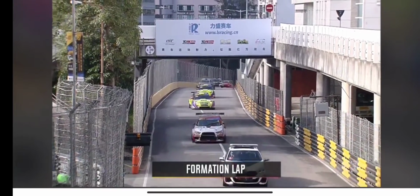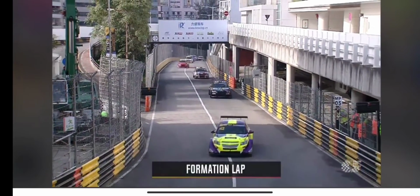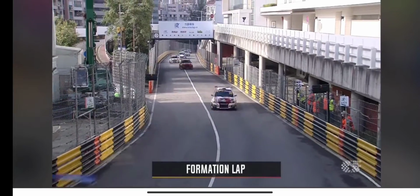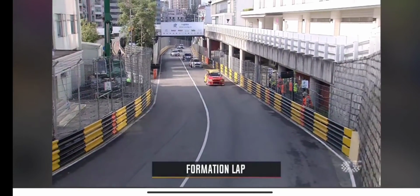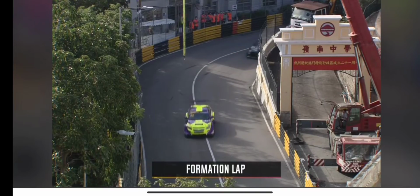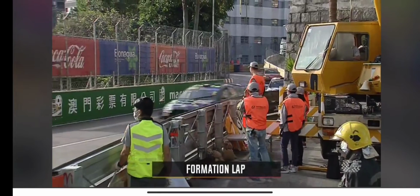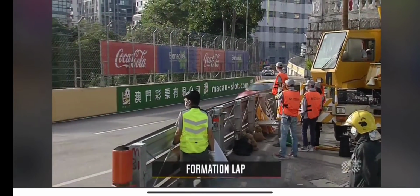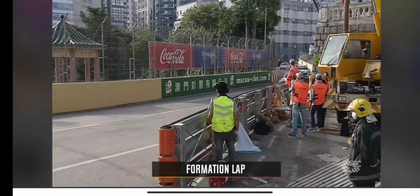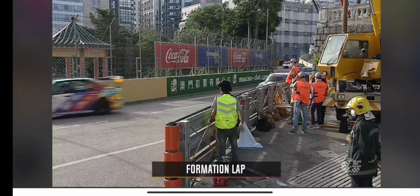Well, we said how demanding it is. It has everything. It's a circuit that has everything. It ticks every box as far as an out-and-out racer would require of a motor racing circuit. This, the particularly testing mountain section, you can see how tight the walls and the barriers are to the side of the cars. They twist up their way